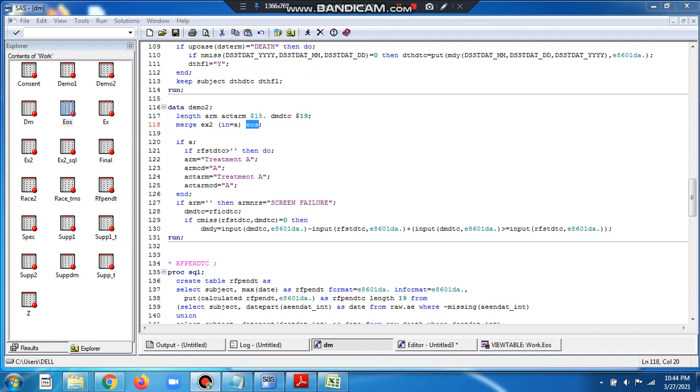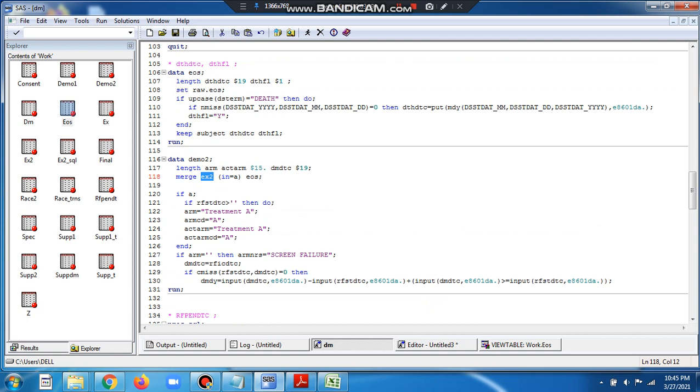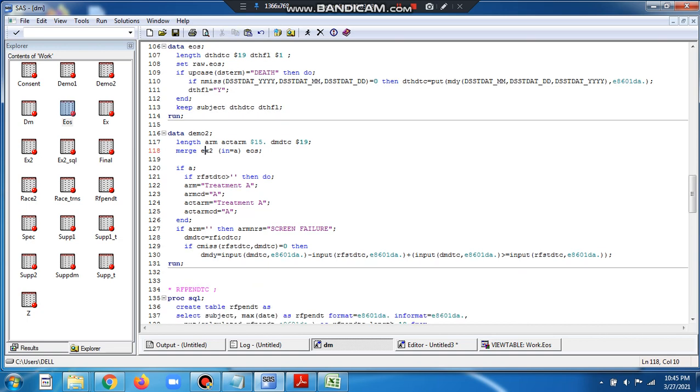We have already created the DM2 dataset. DM2 contains all the demographic information plus the RFSTDTC, RFXSTDTC, RFENDTC and so on. And this is the death data and the death flag. So we are merging DS with DM2, that is death date and death flag with the previous dataset, so that we will have all the variables we have created yet. And in this dataset we are also creating ARM and ACTARM. So we have already seen what is ARM and what's the difference between ARM and ACTARM. ARM is what is planned and ACTARM is what is actually received by the patient.